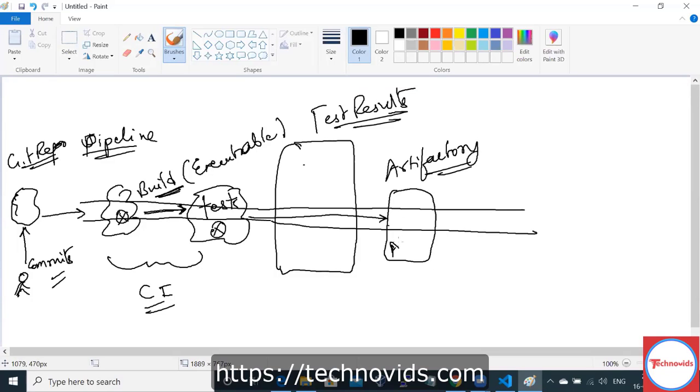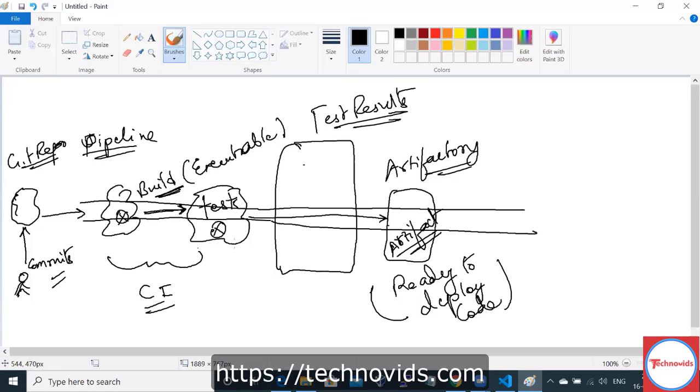What is it? It is the artifact. What is an artifact? The ready to deploy code, with all the dependencies and all the binaries.